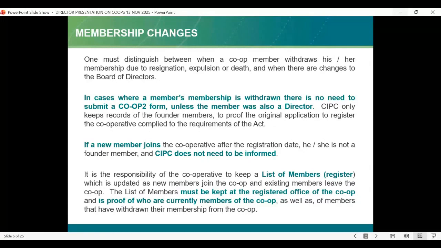So if a new member joins the cooperative after the registration date, that's also very important. She is not a founder member, and then CIPC does not need to be informed. So what you do, you need to record this information in your register. So you keep this information. You don't need to send it to CIPC, because CIPC will not be able to update such information. So it is very important to distinguish between the members and the board of directors when it comes to